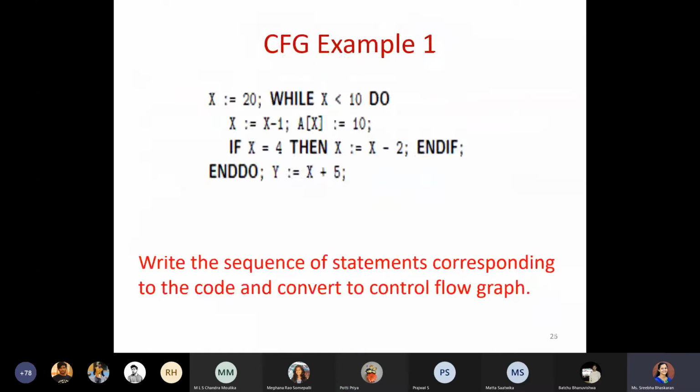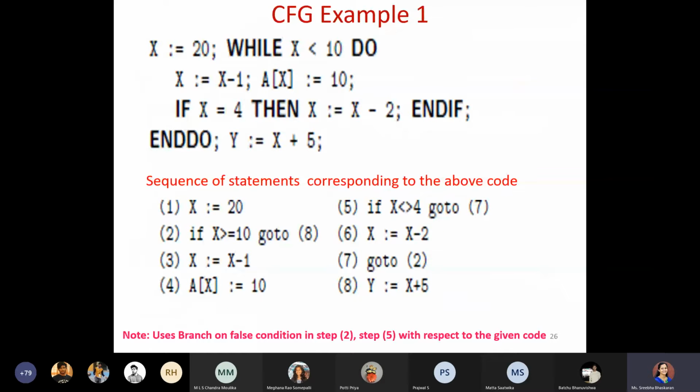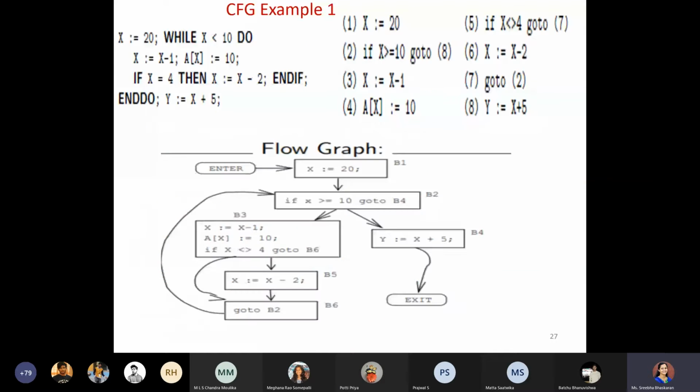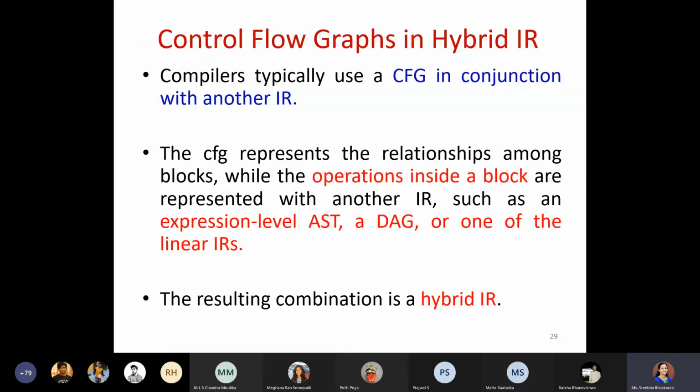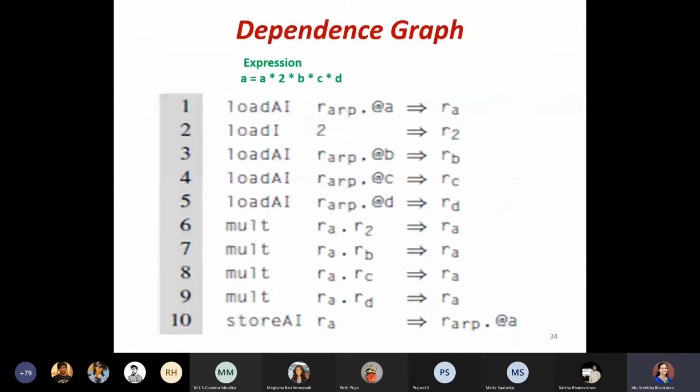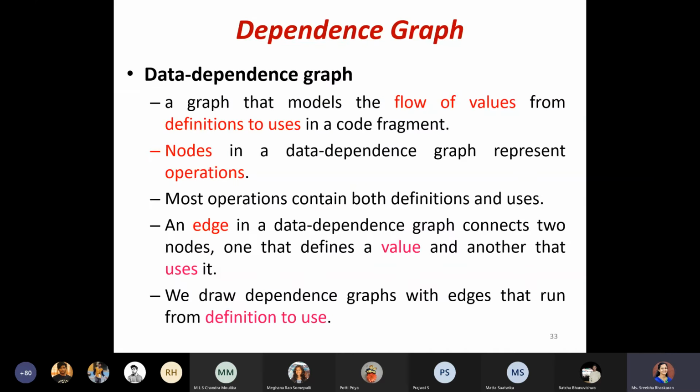Coming to the second partition, that was graph representation. Under graph representation, we discussed the control flow graph. Under control flow graph, we arranged each statement, and whenever we have any loop like while loop, do while, or for statement, we rewrite it in terms of assembly code so that you avoid having any loops in your graphs.